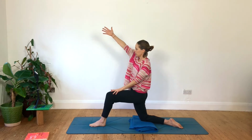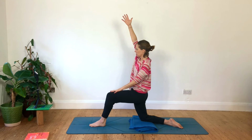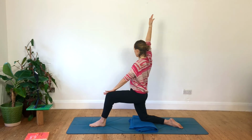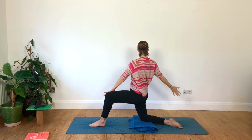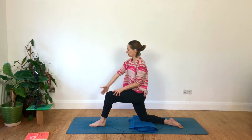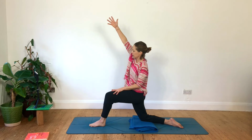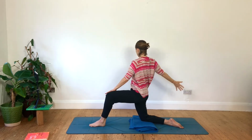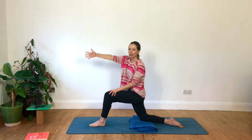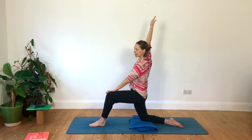Start to inhale your arm up. See what your range is to make an arc, taking your arm behind you, letting it lower all the way down, and then the thumb leads again, shoulder blade joins in to reach up. Exhaling the arm back and down. So you're really feeling how your arm can move through this arc